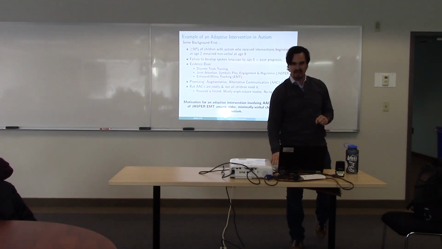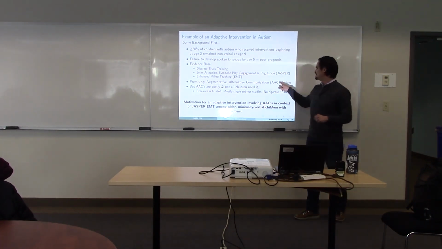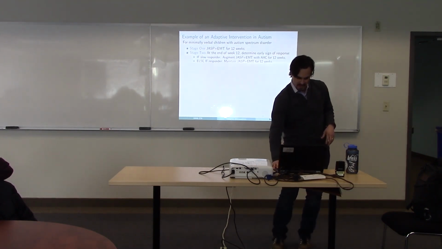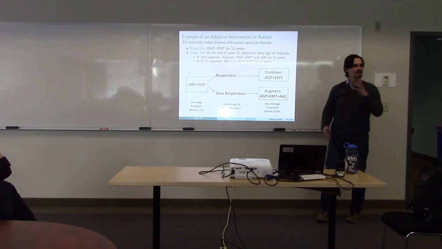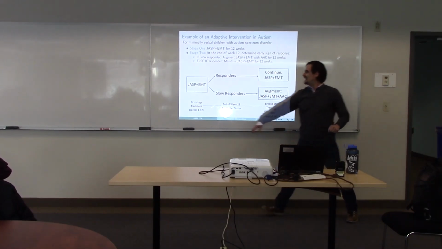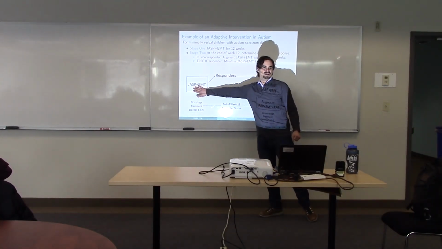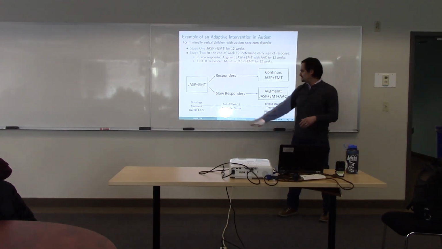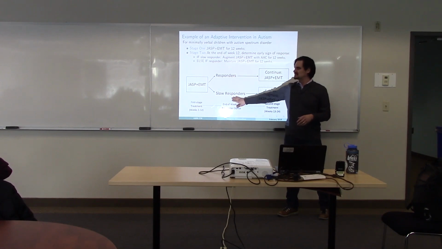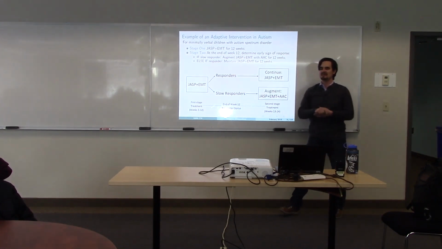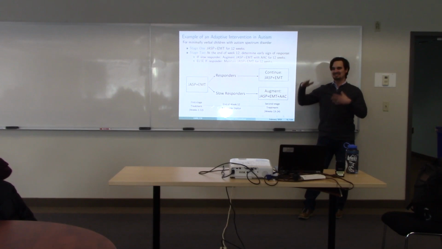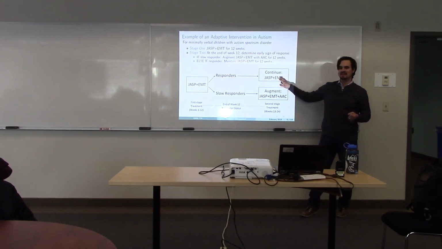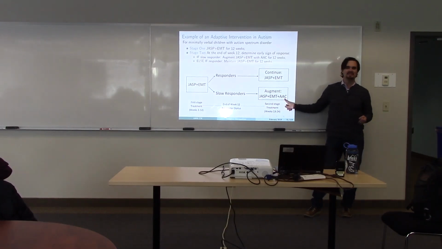This motivated us to think about the role of devices. Anytime you see AAC, just think devices, devices in the context of these interventions. So here, let me give you an example. This is very simple, but it gets us all on the same page. I start off with a behavioral intervention. This is that joint attention intervention where I'm with the kid twice per week. And after 12 weeks, I discover whether the child is a slow responder or a faster responder. I'm going to define that on the next slide. It's not just willy-nilly. And if the kid is responding, I might continue with that intervention. But if the kid is not responding, I might bring in the device.